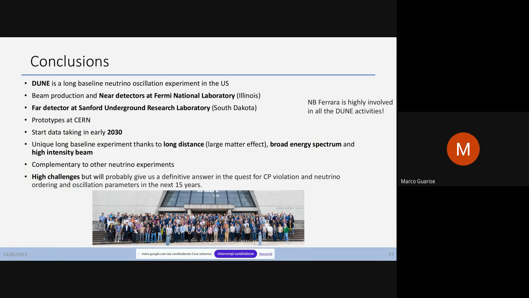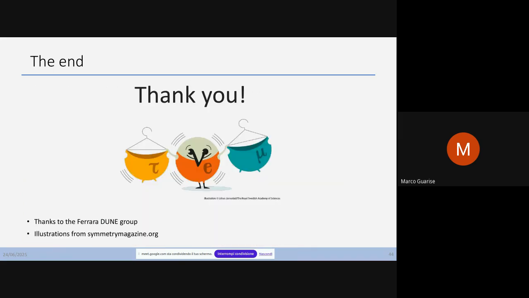and given the features of this experiment, which are the long distance, so large matter effect, the broad energy spectrum, and the high intensity beam, we would like to give a definitive answer in the quest for charge parity violation, neutrino mass ordering, and the other parameters of neutrino oscillation in the next 2 decades. So this is